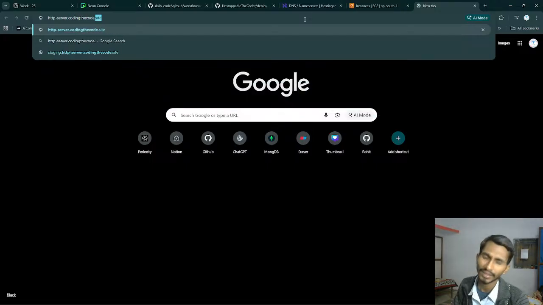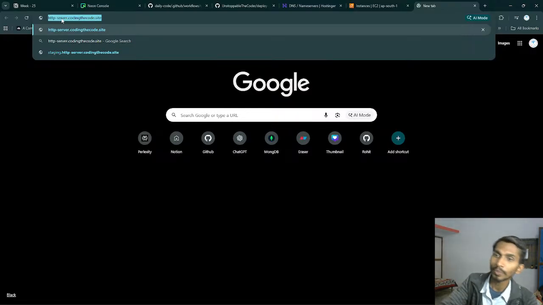This is the DNS name, the domain name that I bought yesterday night at around 1 o'clock. This URL references a particular IP address. What Nginx does is it gets this URL, and on the basis of this URL it gets the IP address as well, and with the help of the name and the IP address, it sends us to the right URL.